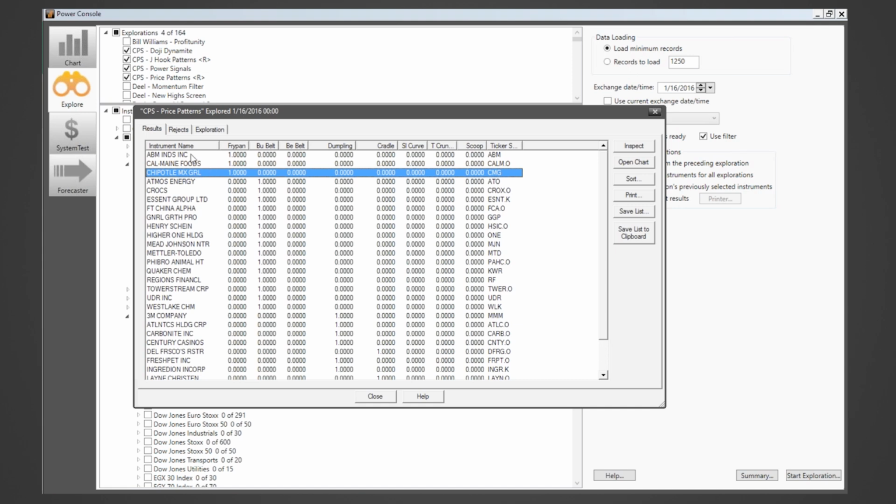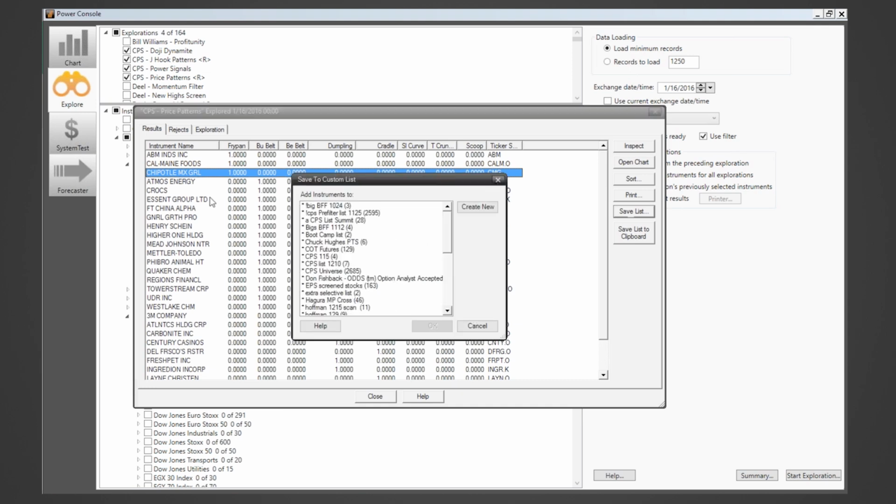If I want to, I can highlight the stock. I know there's a fry pan today for it. I can just click on Open Chart. The other thing I can do, if I just wanted to save this list so I can scroll through them, is go ahead and save this list. It's going to pop up a live dialog box. You're going to see all of my Bigs,